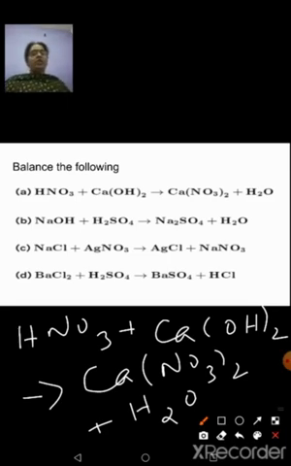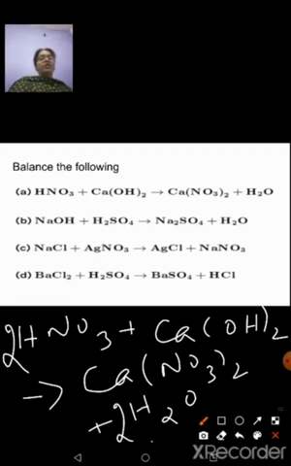When you look at the equation itself, see here, Ca on both sides looks 1. Hydrogen, let's come to that later. Let's say that this NO3 part you see. Here NO3 is twice, here it is only 1. So in that case, I have to make it 2. So what should I do? I'll put a 2 here. So when I put a 2, my hydrogen is also increasing in number. So what should I do? I should go to the other side and make this hydrogen also increase by 2. So when I put a 2 here, my oxygen will also increase in its number. So what is the number of oxygen atoms on the right hand side? I have 2 oxygen atoms along with this H2O here, and here I have 6.